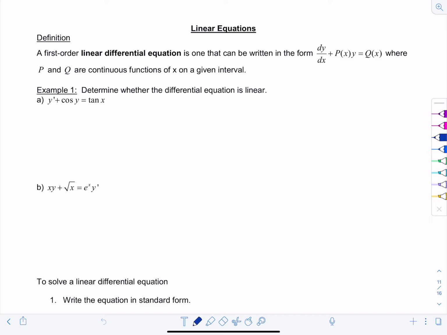To video lecture number 14 on linear equations. Now, these are not linear equations from algebra. These are linear differential equations. And in the previous lesson, we went over how to solve separable differential equations. And now we're going to learn about this new kind, to recognize it and the technique that you need in order